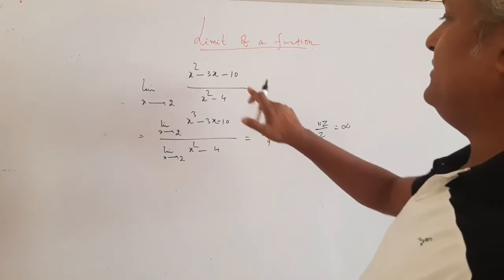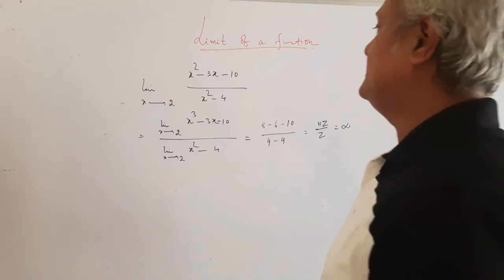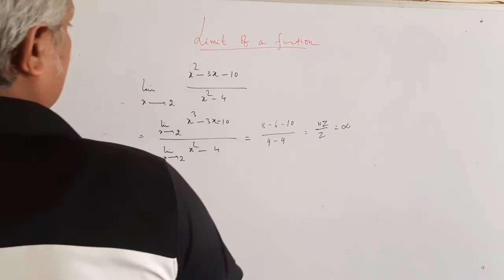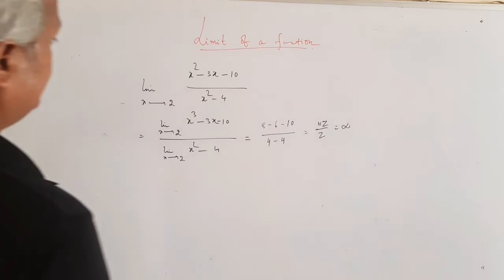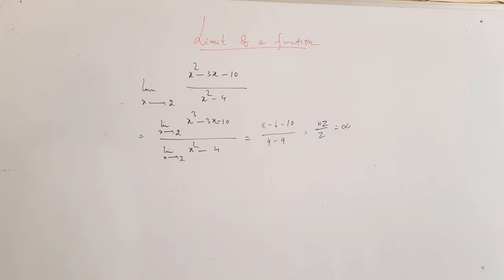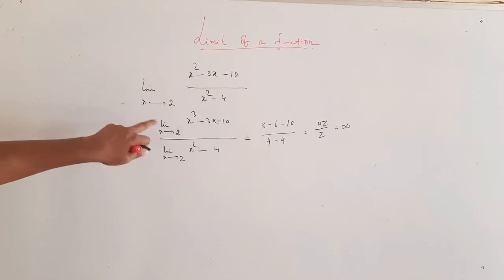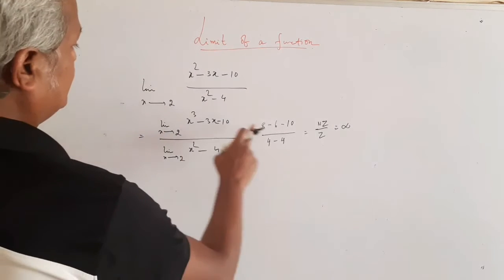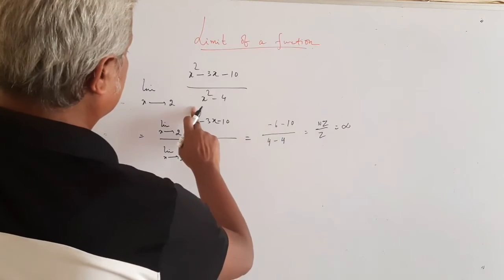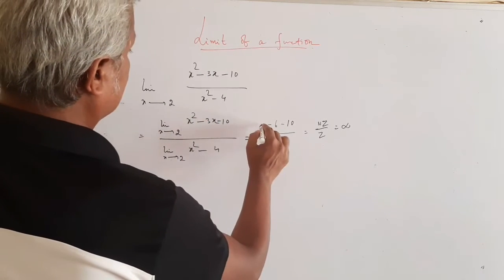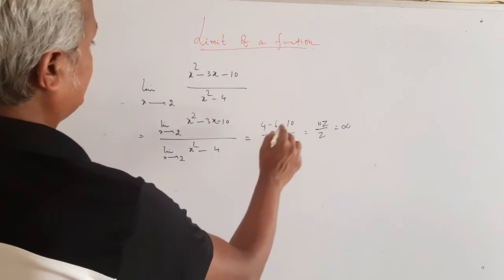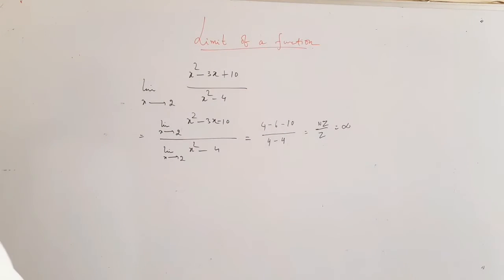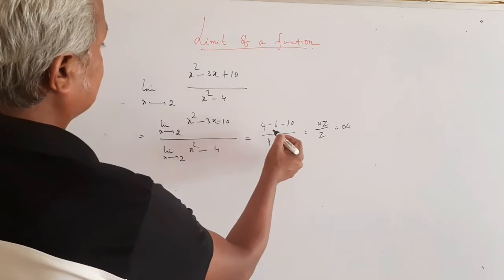But assume that if this function is... okay, wait, I have made a mistake. This is not 8, this is x square. So this is 4. Yeah, suppose if I make this one as plus 10, so 4 minus 6,